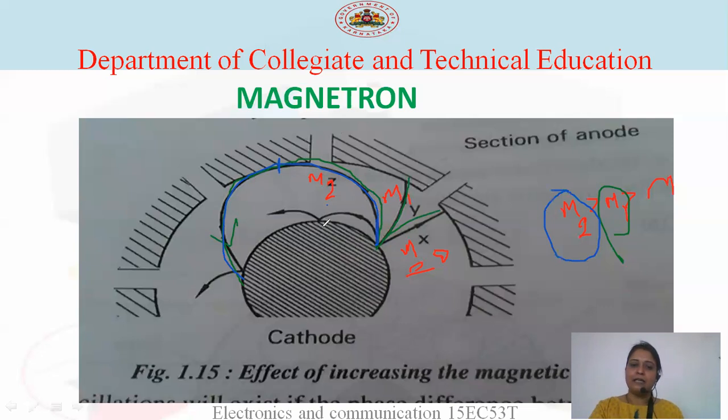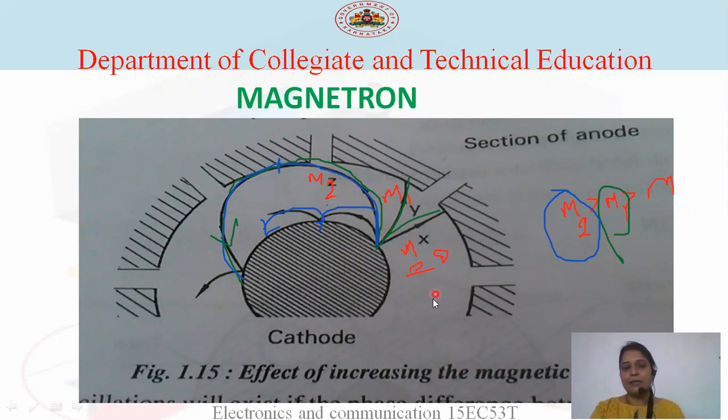Only they are taking the curve here. But for proper oscillations to generate, usually they will take this up to the cutoff magnetic field strength here. And one more thing, as we know, when the electrons are retarded,